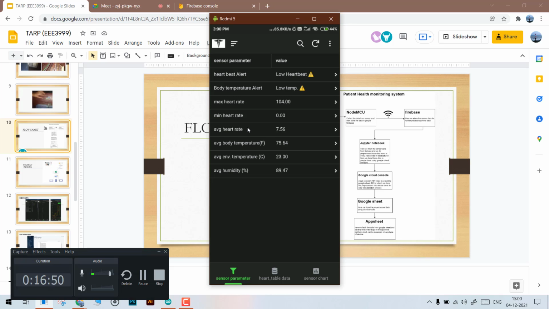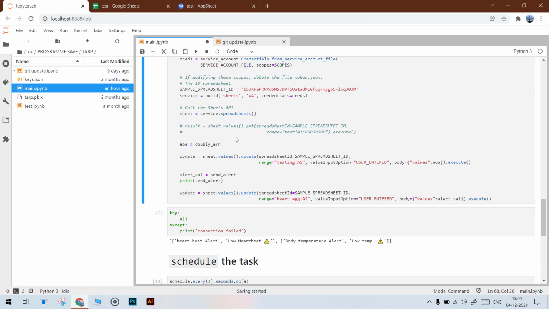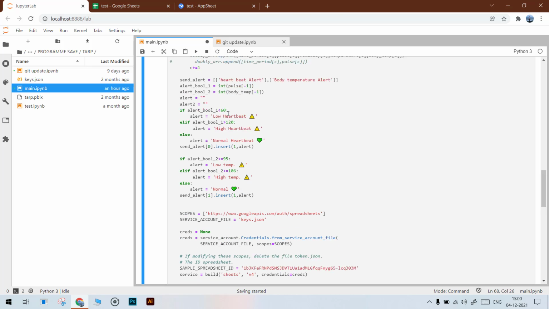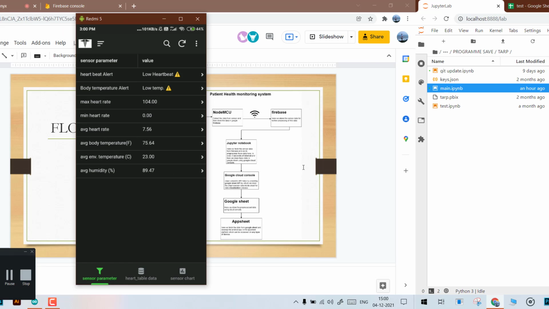And whenever it's between 60 bpm and 120 bpm, it should indicate the normal heartbeat. You can see here too, normal. And this is the normal for the body temperature, and this normal heartbeat is for the heartbeat.